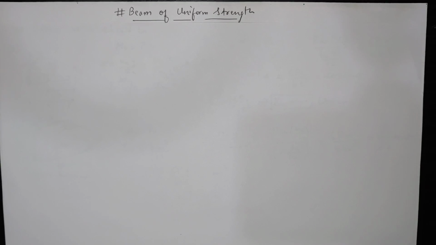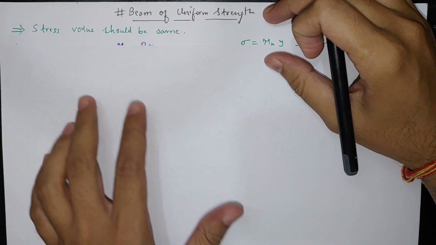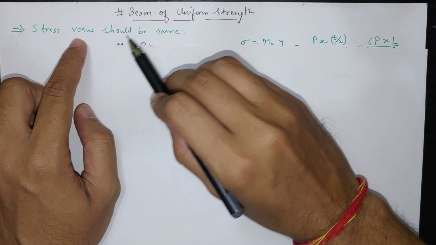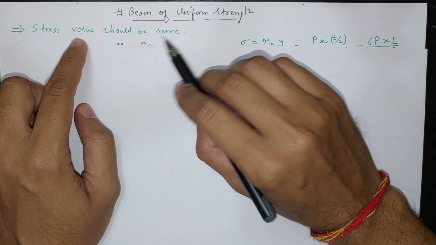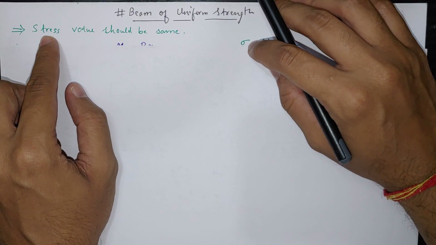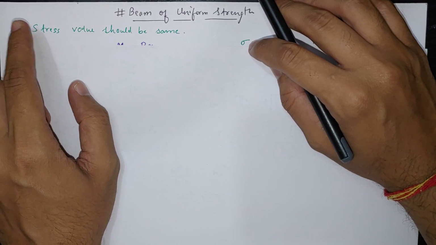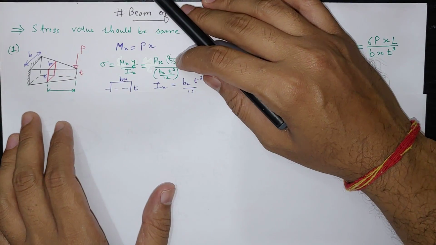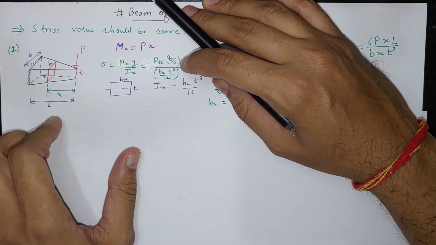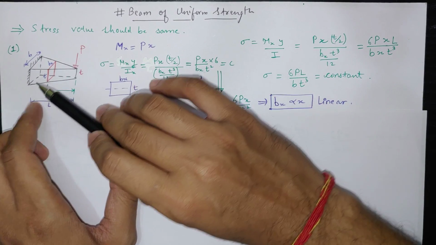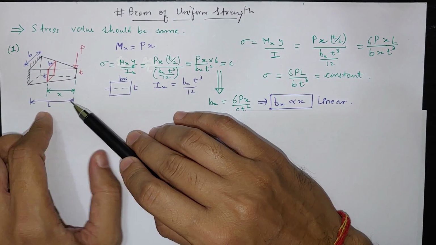In this video, we will discuss beam of uniform strength. Uniform strength means stress value should be same with respect to length of the beam. So at each and every point, the stress value coming should be same with respect to length only. Here, if you see this first beam, where we are keeping the thickness constant, and with respect to length, this